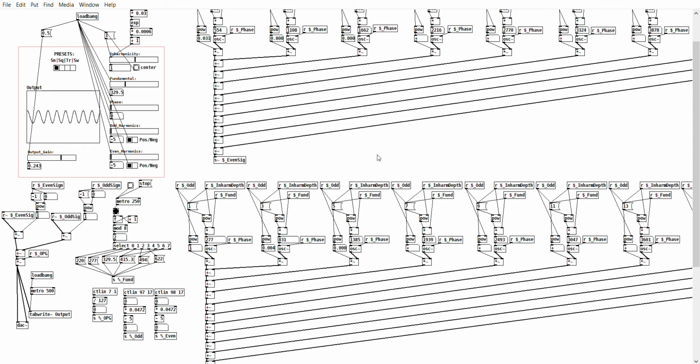Okay. Just a brief video here about this, I guess I want to call it just like an additive synthesizer, basically. And this started because I wanted to experiment with adding some amount of inharmonicity. And inharmonicity is this